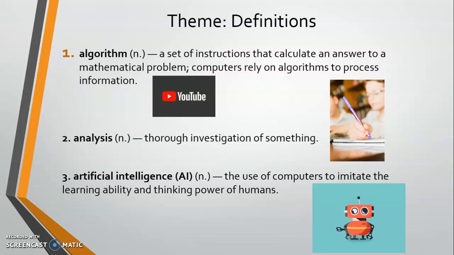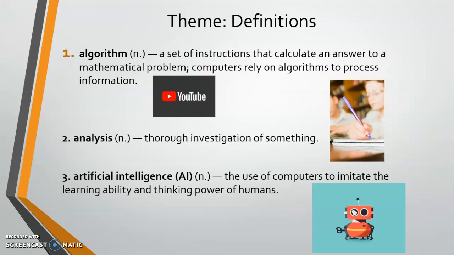Number 1, algorithm. That word is a noun. The algorithm is a set of instructions that calculate an answer to a mathematical problem. Computers rely on algorithms to process information. Okay, let's tell a sentence for that vocabulary. In this case, for example, it can be